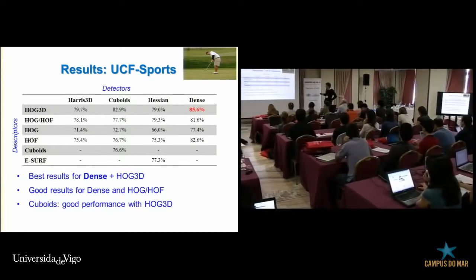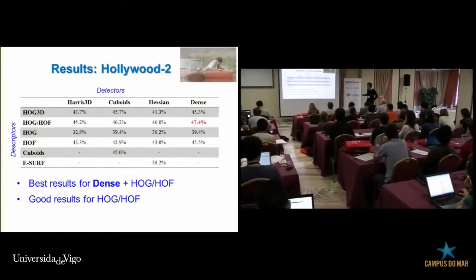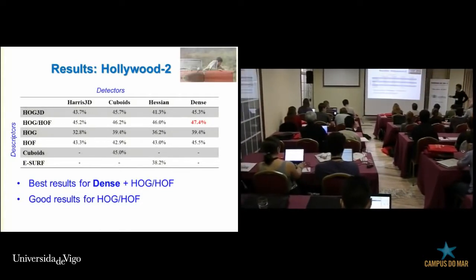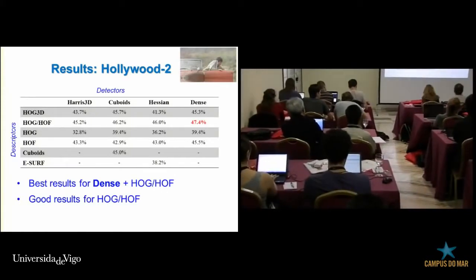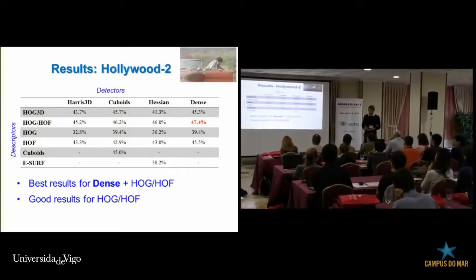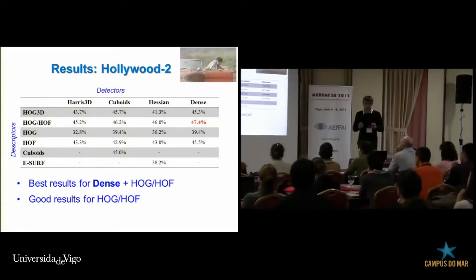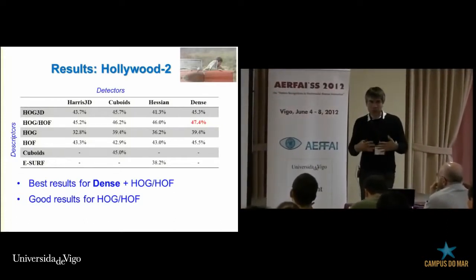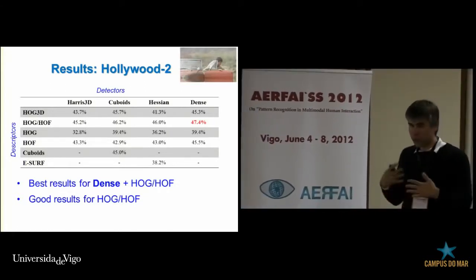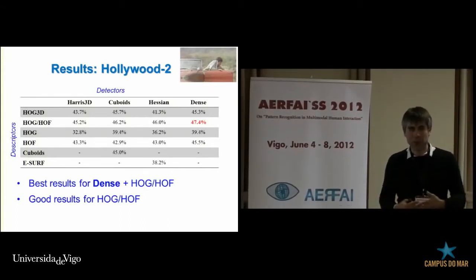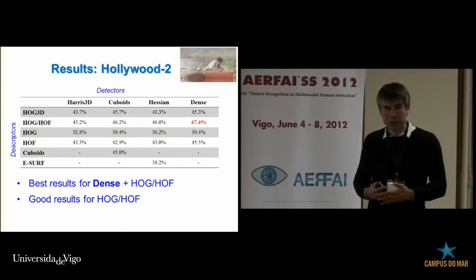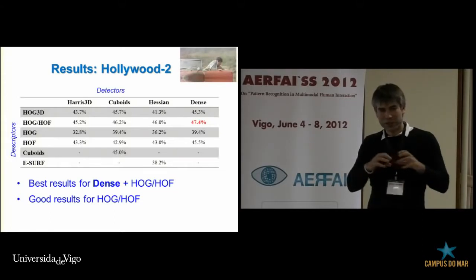The results show that the dense descriptors were better, also for Hollywood. So the dense descriptors basically were doing better. This observation has also been made for image classification. Picking sparse points from images maybe still works better for matching and other tasks, but for classification it seems better just to sample as many patches as one can. For video, it's quite demanding because if you sample all the patches in space and time,